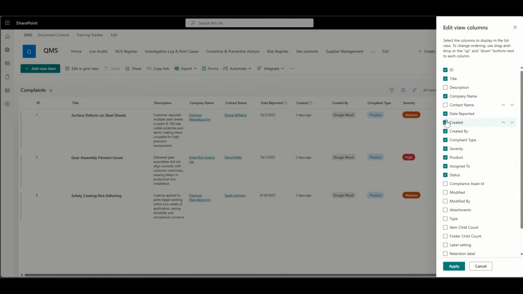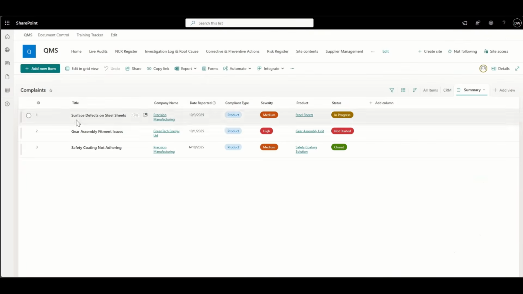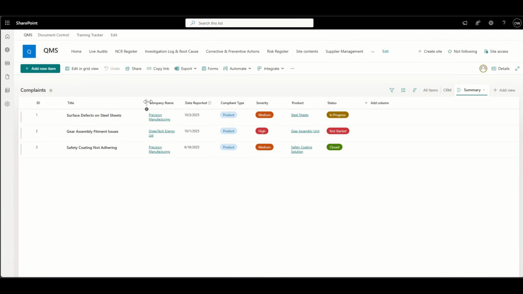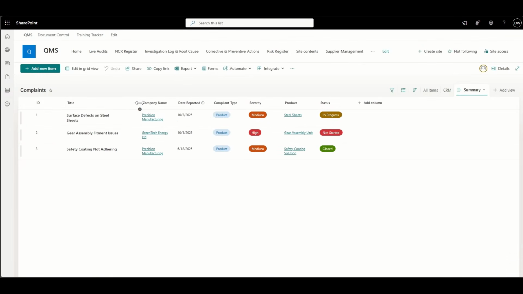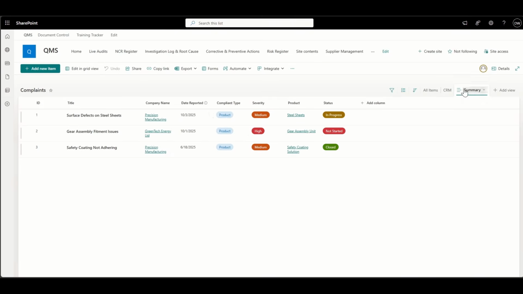Date reported would be useful. Don't need to see it was created by. Complaint type would be useful. Severity would be useful. Product would be useful. Assigned to, probably not so useful. So there we go. We'll cut this right down. Save a bit of space where we can. And then click on